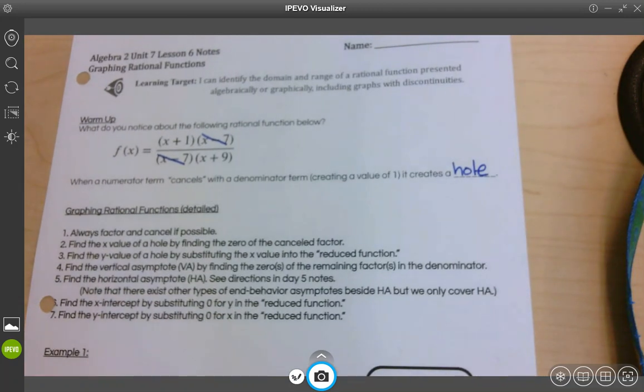The problem with this hole is that even though Desmos sees that hole, it's almost impossible for you to see the hole on Desmos, because what is the size of a single point? A single point is infinitely small. So if you're looking at Desmos and you're thinking, I would like to see this point that is a hole, you will not see it because it's infinitely small. If you tried to find the value of that point, it wouldn't be there